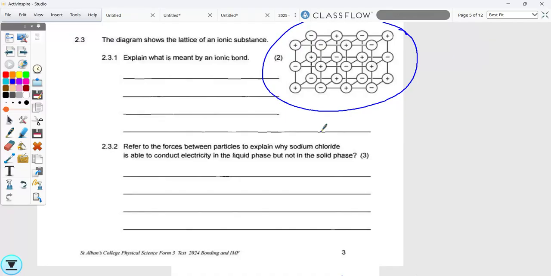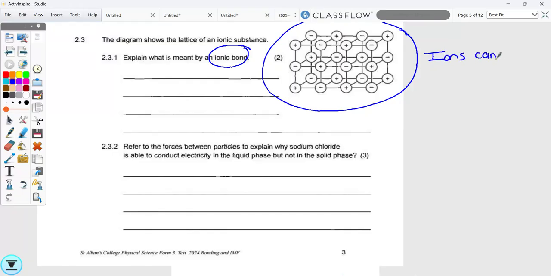So in the solid form, can they move? No. What are the particles that I'm talking about? If you say electrons, we stop reading and we give you 0. You make our lives very easy. What are these things? We were told what they are. Ions, please. If you use the wrong word in chemistry, you floor yourself. Okay, it's an ion. So you need to say, in the solid form, ions